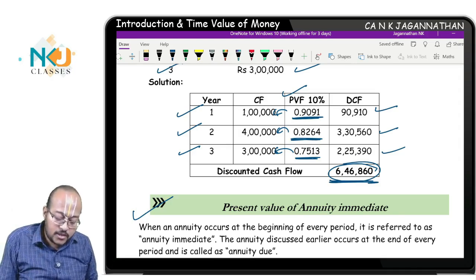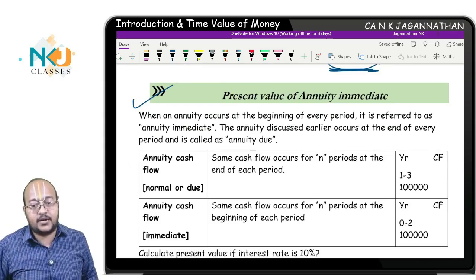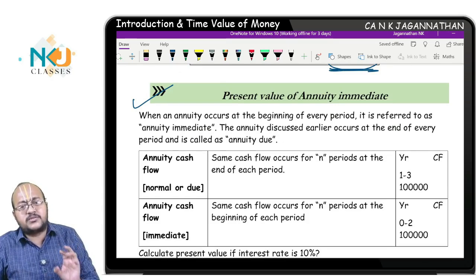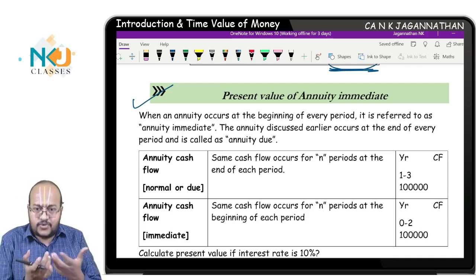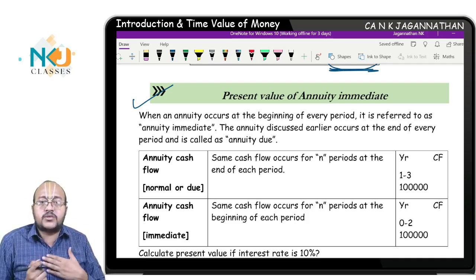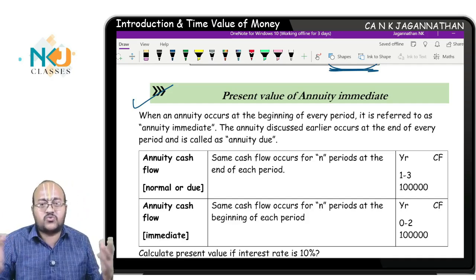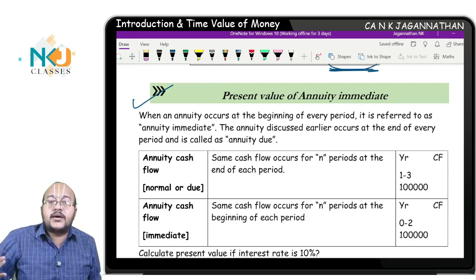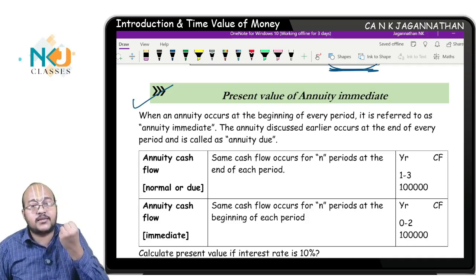Like that here also. See, sometimes what happens, with insurance contracts, you pay the insurance premium. If you take insurance, you pay a premium for that. Generally, the insurance premium is paid at the beginning of the year, not at the end of the year. First they will take the premium initially. Correct? So in that case, it is also an annuity. Every year the premium will be the same. Assume there are so many schemes, but assume the premium is the same, but you will pay at the beginning of the period. Understanding?